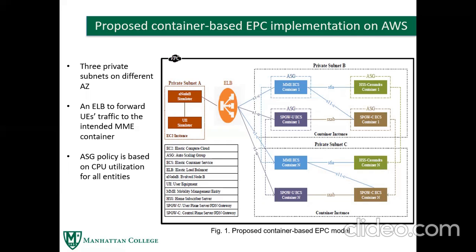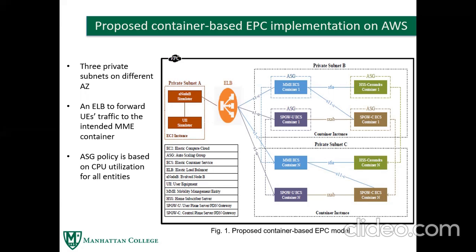Also, AWS offers several auto-scaling policies to trigger this scalability functionality. For example, there is target tracking, simple policy, step policy, and so on. In this work, we opt to go with the target tracking policy. The idea behind this policy is simple. All that is required is to set a threshold for the chosen metric. The metric can be either in terms of CPU utilization, memory utilization, or even a custom metric that you design yourself.